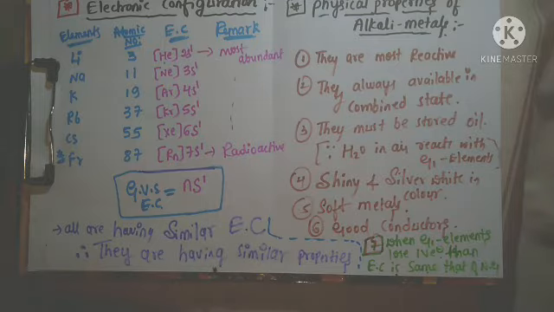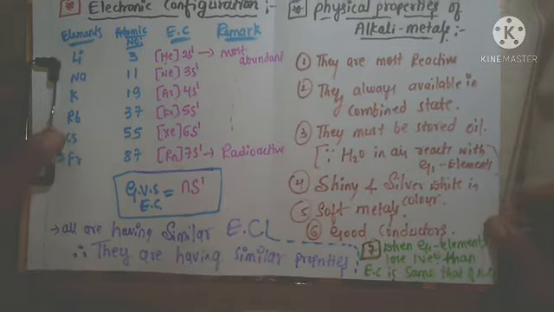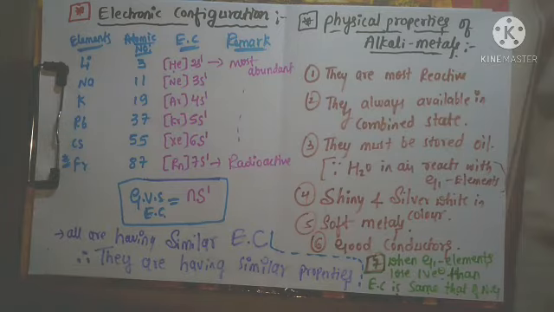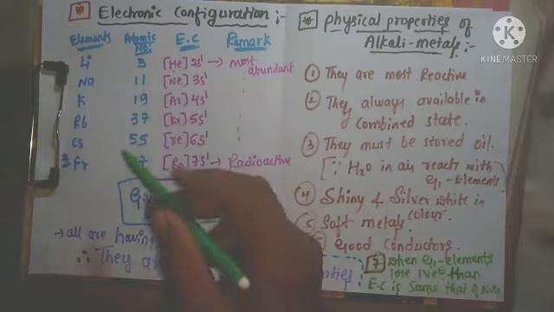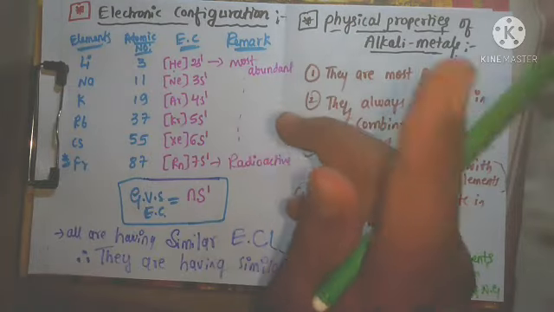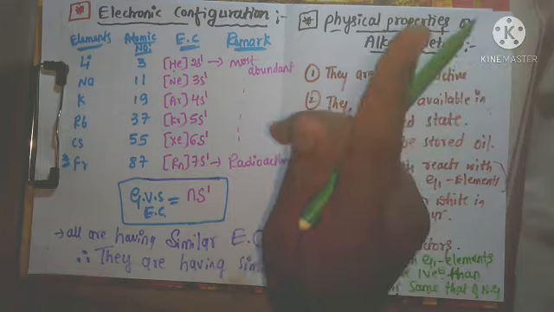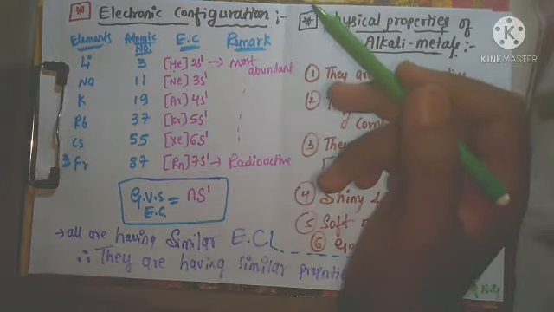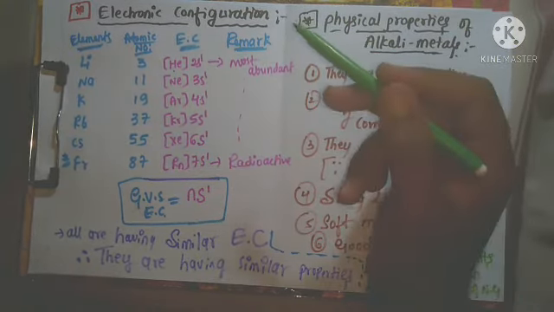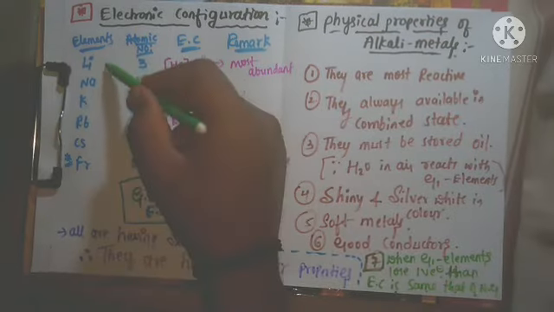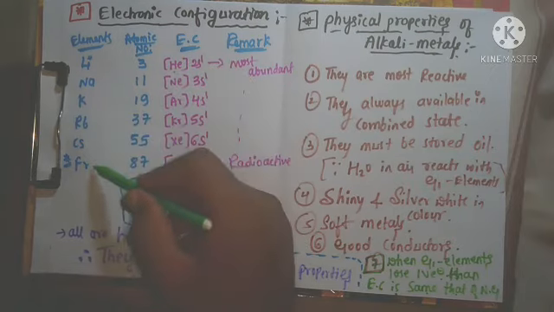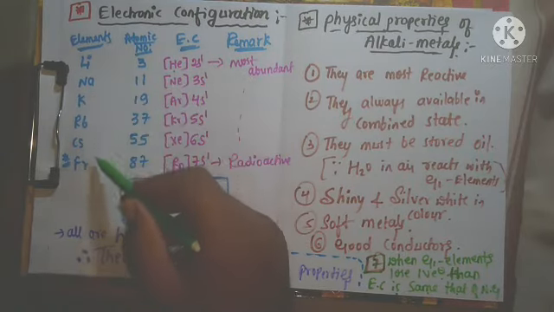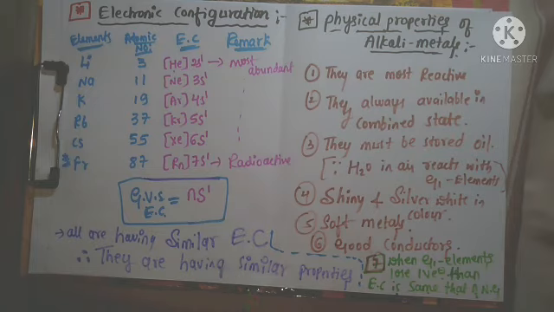These 7 are the physical properties of the alkali metals. Now we will discuss the general properties again, that is, how the atomic radius varies along the group. A group only we are discussing, not periods. We are discussing only the first group. This means how the atomic radius changes along group 1, how the ionization enthalpy changes from top to bottom, how the solvation enthalpy changes, and how to identify the group 1 elements. That is general properties. For this one I am taking another paper.